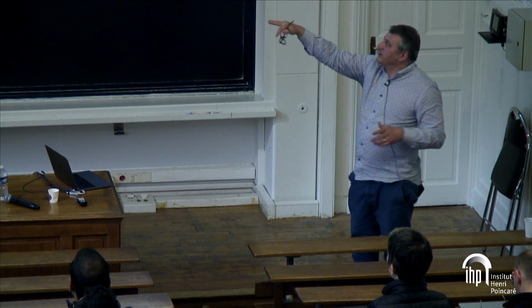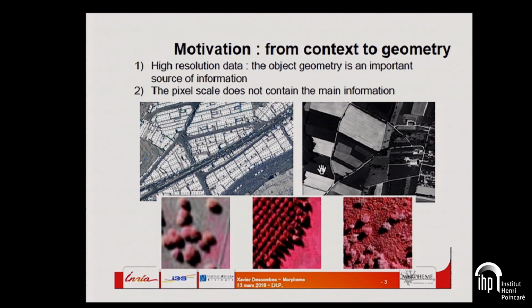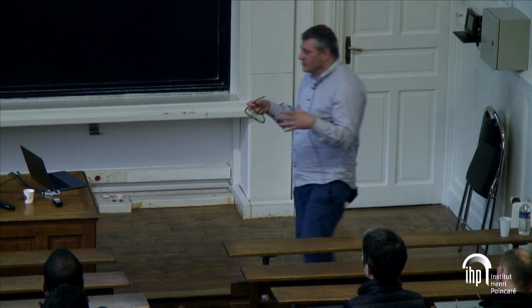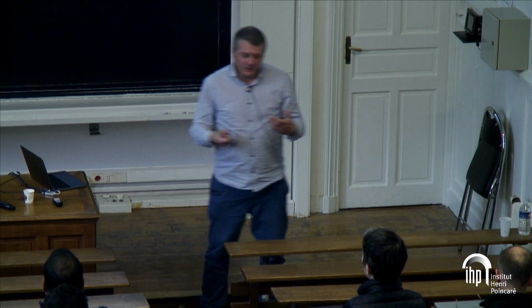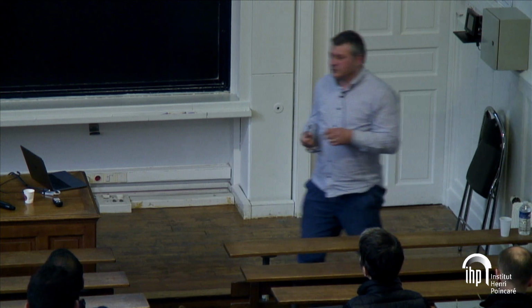So last example, on the bottom, you have a near-infrared image which represents some trees. And if you want to detect trees, you cannot rely only on the contextual information, because, for instance, in the middle you have some grass, and it has the same kind of contextual information as the trees, because there is chlorophyll also in grass. So why are you able to make the distinction? Because you know that a tree from above is more or less elliptic or disc shaped, and then you use the geometric information to make the decision.